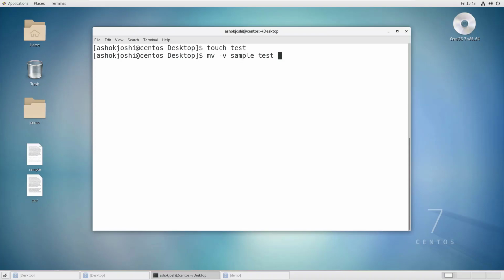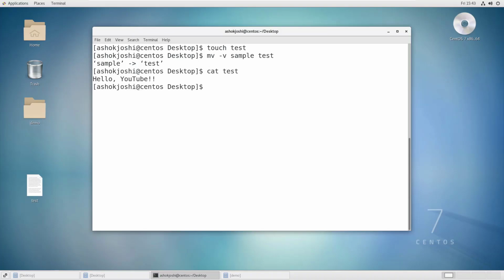So these two are the files, and if I press enter, notice here it is giving me some extra information. It says the sample file was moved to test. That's the reason it is giving me some extra information. Verbose basically explains what a particular command did. So that's how the details are shown here. And if you see what is inside this test, you'll see hello YouTube, which was inside the sample file.